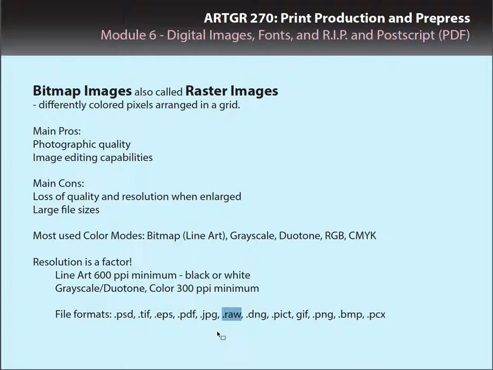So if you buy a more professional single lens reflex camera, then you usually will have the capability of saving a RAW file and a JPEG file. And so when you take a photo, you'll get two files from the photo. One will be a .raw, and that has all of the image data that was collected on the CCD sensor. The JPEG file allows you to view it on your little screen there, but it has lost some of that image data. However, when you download your files to your computer, you will download the RAW file, and you can